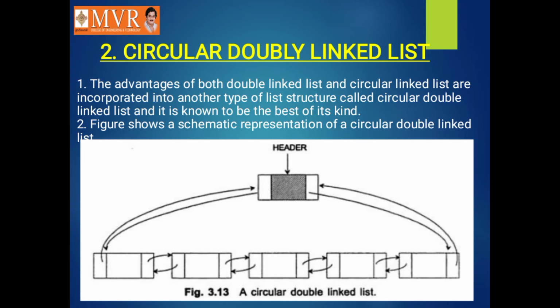As you know, a double linked list contains nodes and each node has three parts. One for storing the data and two for storing the links. One is the left link and the other is the right link. The left link contains the address of the previous node and the right link contains the address of the next node. Here if you observe, the header node does not contain any data part. It only contains the link parts and there will be no null in the link parts. That is, the circular movement is possible by placing the address of one in the other link.